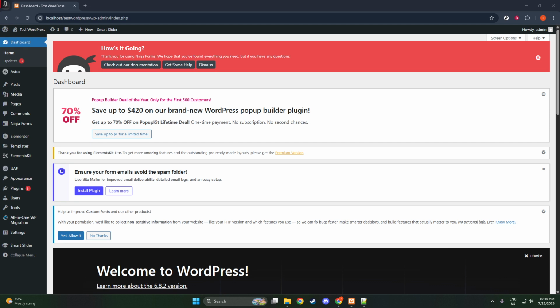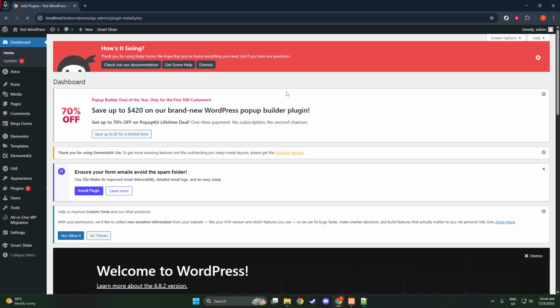To start, you'll first need to log into your WordPress dashboard. Once you're there, navigate over to the sidebar where you'll find an option labeled Plugins. Hover over this, and a few options will pop up, from which you'll need to select Add New. This is where the magic begins, as you'll be able to explore the vast library of plugins available to elevate your website's functionality. Now, you've made it to a world of possibilities, but today we're focused on one specific plugin,